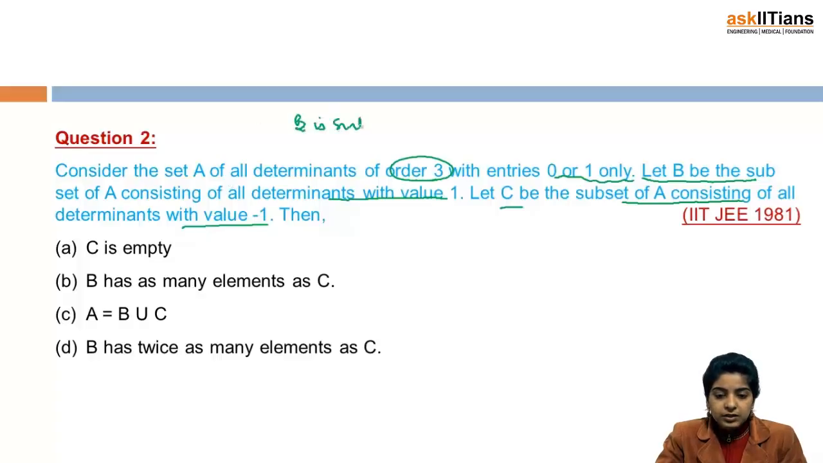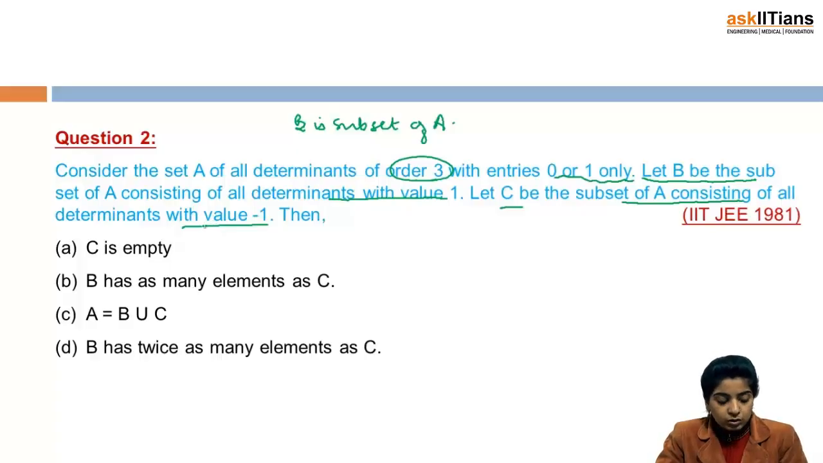Then B is a subset of A consisting of all determinants with value 1. And C is the subset of A consisting of all determinants with value -1. Then we have to find the relation between A, B and C, whether C is empty, B has as many elements as C, or A will be equal to B union C, or B has twice as many elements as C. Now see, here you just need to know the simple concept of determinants, which says that by interchanging